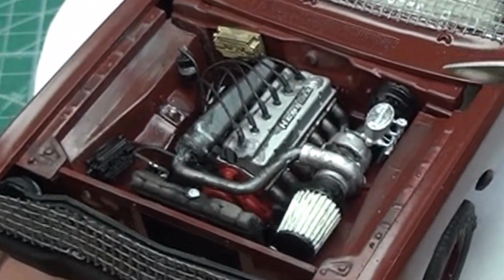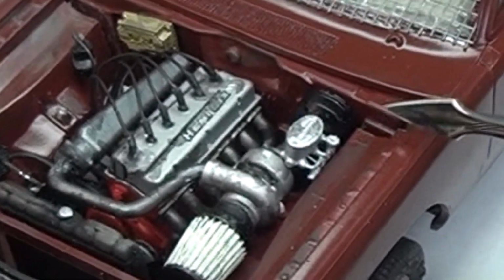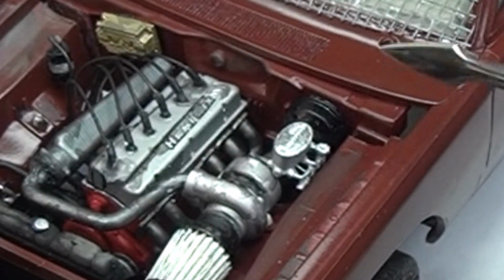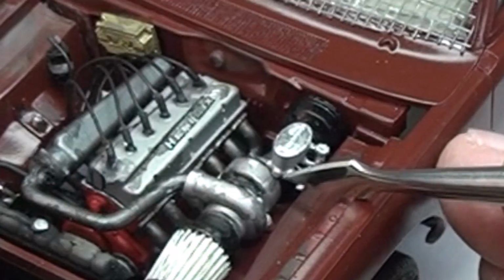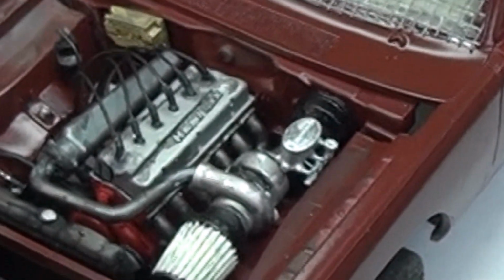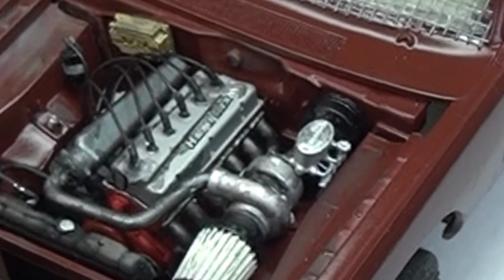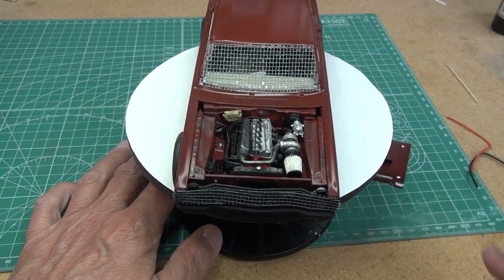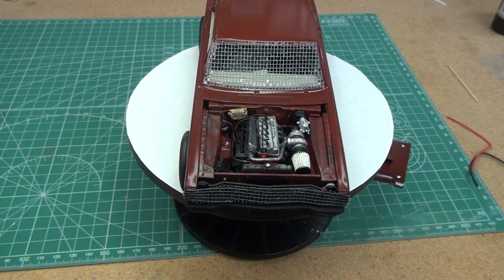In fact, if you can see here, the master cylinder, and this also came from VCG Resins, just clears the turbocharger. So it's just that it went in there. So that's that. The one thing I must say about this particular engine from VCG, the piping that came with it,